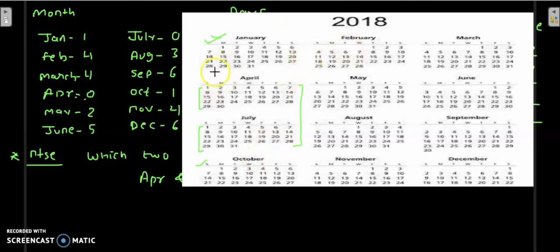This question was asked in NTSC also. As per the options, you have to give the answer. The first is April and July, and second you can say January and October. If you observe, the code is the same. Someone will say, sir, February or March also has the same code. Okay, February does not match, as you all know, because it has 28 days and sometimes 29 days. But March and November will be the same.